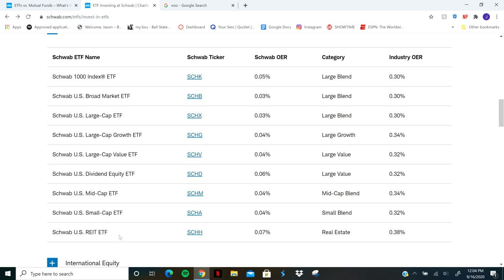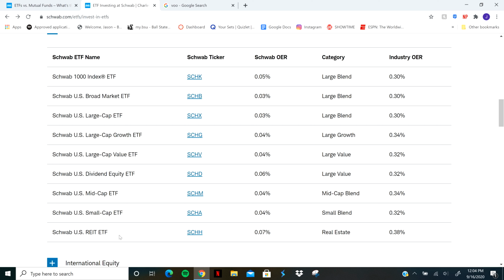I know ETFs are kind of the big thing to do now. And there's going to be a difference. Don't get burnt buying a mutual fund. Obviously, Schwab does a good job of limiting these things, but it has too high of an expense ratio, too high of whatever it may be.